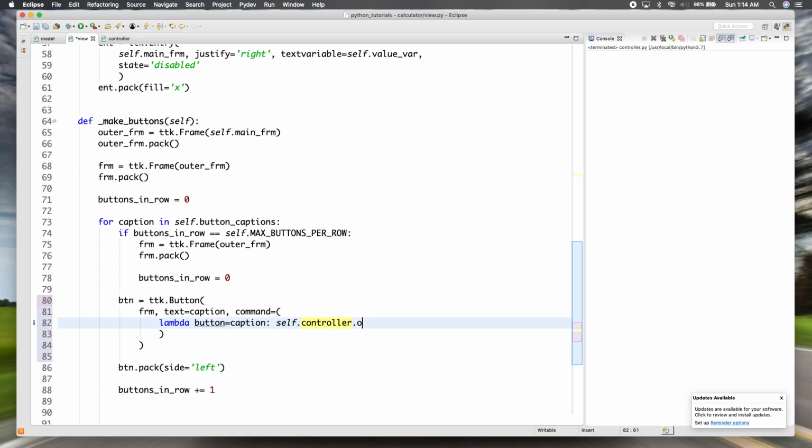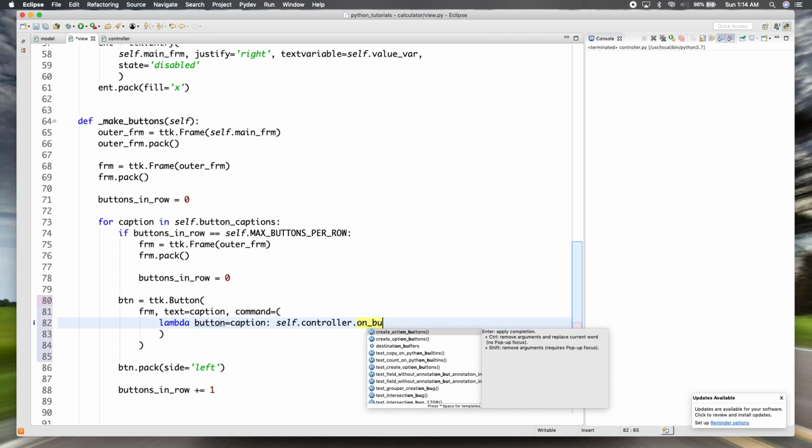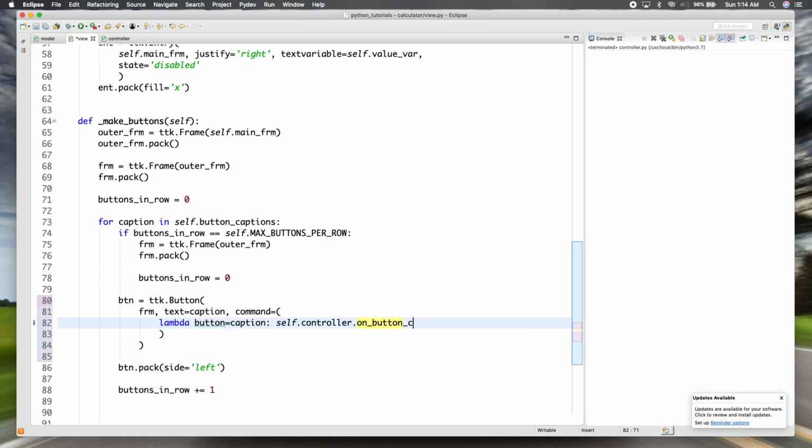So we'll say on button click. And in this case we don't want the parentheses, because that would be calling it. We just want to bind that function to the callback. If you leave it like this, it's going to call it when this gets created,